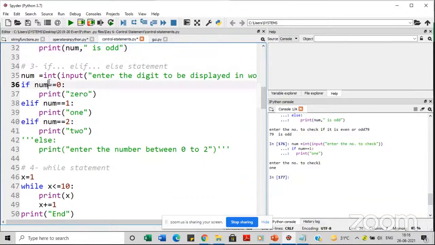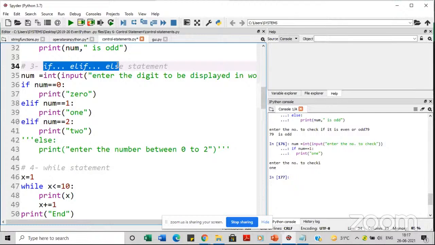Talking about the third control statement, the if elif else statement. The beauty of Python is, first of all, if I want to initialize multiple conditions, for that I need if, elif, like that. As in Java, we have else if, here we have elif. So we can give multiple conditions. One more thing to mention here,